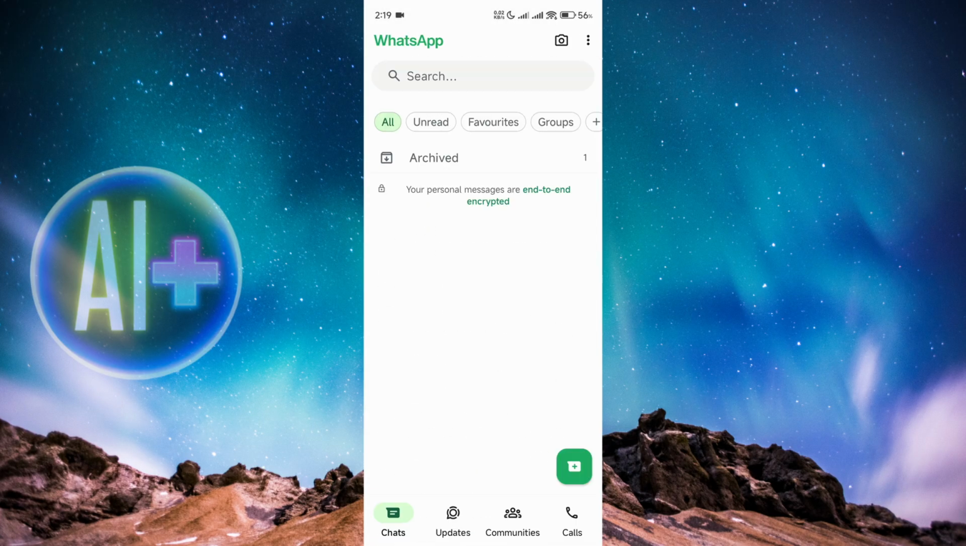So this is pretty much a small tutorial for you guys on how to use WhatsApp. So connect to your friends and